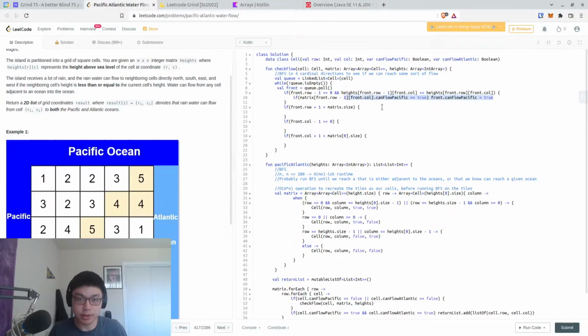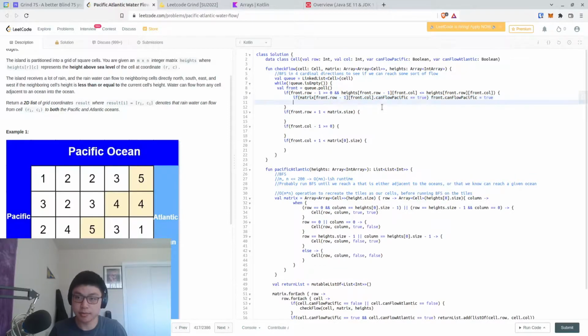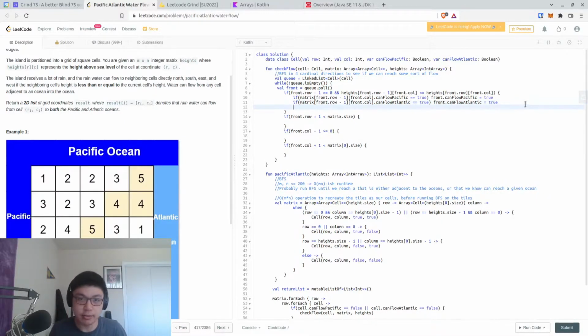And similarly, if it can flow Atlantic, then we set that to true. And then we want to do q.add front dot, or